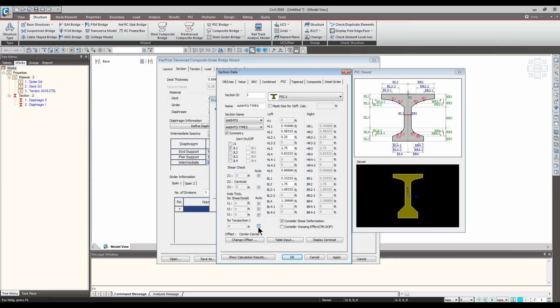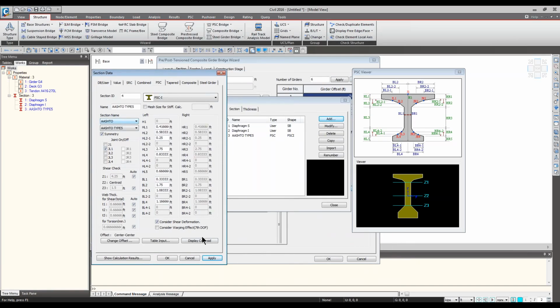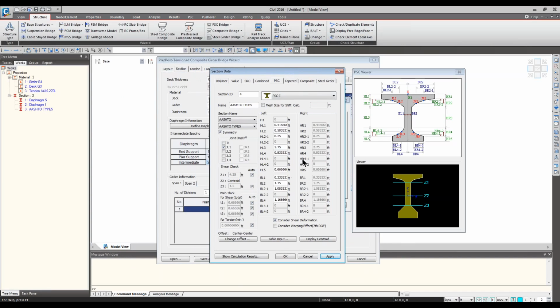So I'm going to define this AASHTO type 5 girder. Apply. So I applied, and I simply pulled from the database and defined it, right? If you need to modify this section, of course, you can change the values and reflect the change. So this is where it's going to help when you have to define the girder